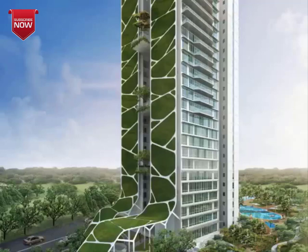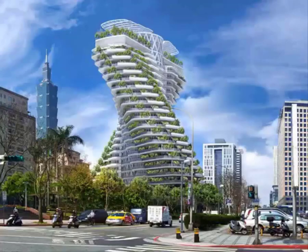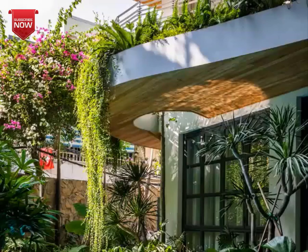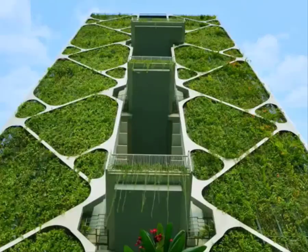Imagine living in a building that is not only beautiful, but also sustainable, healthy, and productive. A building that is covered with greenery, that provides you with fresh air, natural cooling, and even food. Sounds like a dream, right? Well, this dream is becoming a reality, thanks to the innovative concept of integrating vegetation into the facades and roofs